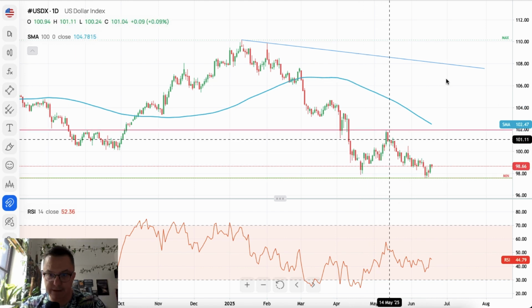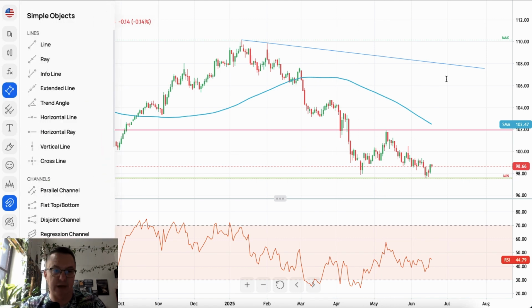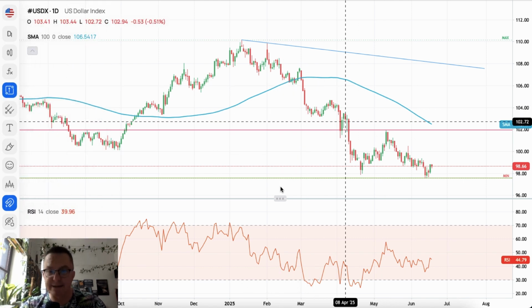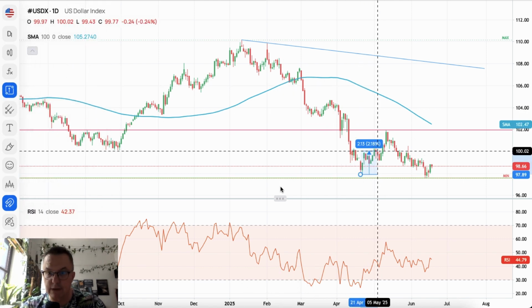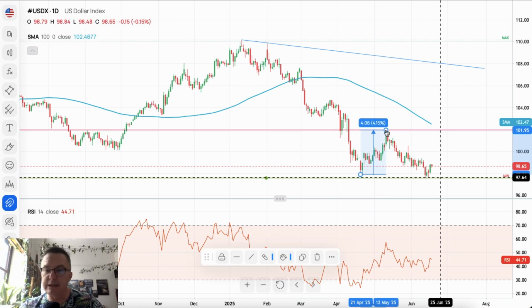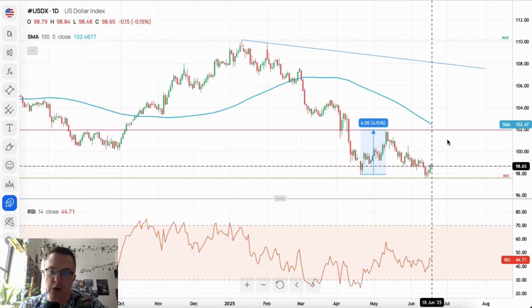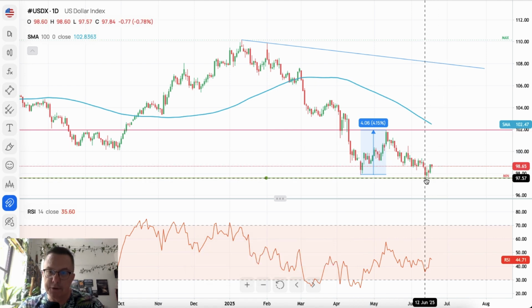Nevertheless, what's important is that movement to the upside, that rebound, that pullback to the upside. Let's find out how big it is, or how big it was, basically. So this is roughly around 2%. No, it's 4.15%. So we need at least a 4.15% pullback from the lows of 97.57 in order to